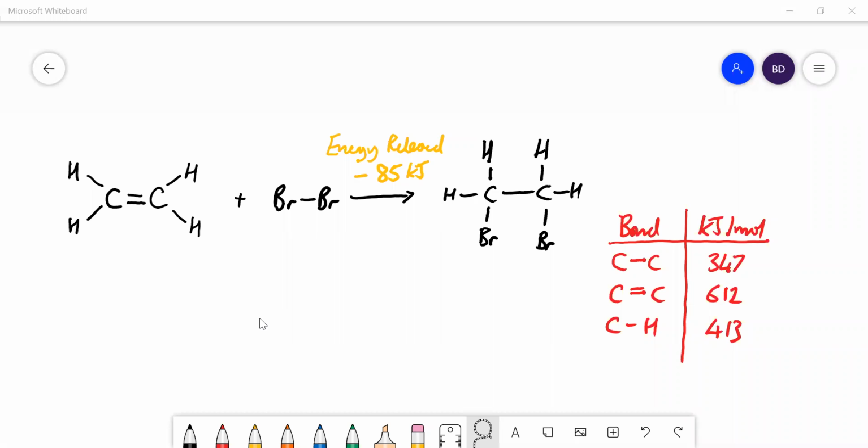We're going to do a slightly more difficult kind of bond energy calculation now. In this one, they tell us what the energy released is, the energy change. You can see here it's minus 85 kilojoules for that reaction, and that means it's exothermic. And we're given our bond energy values for carbon-carbon, carbon-carbon double bond, carbon-hydrogen, but we're not given the value of